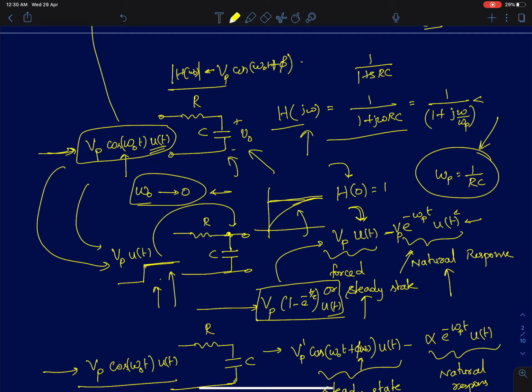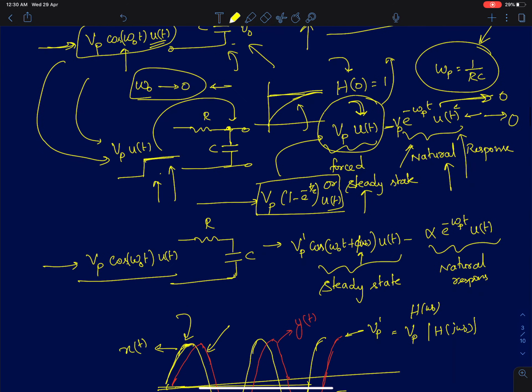So eventually in the steady state, this term is going to die down. If a system is stable, meaning all the poles are in the left half of the s plane, then this term is eventually going to go to 0. Then you will be only left with the forced response. And this is what we discussed in the beginning of the lecture, how to find the forced response. But this is not something we didn't figure in before.